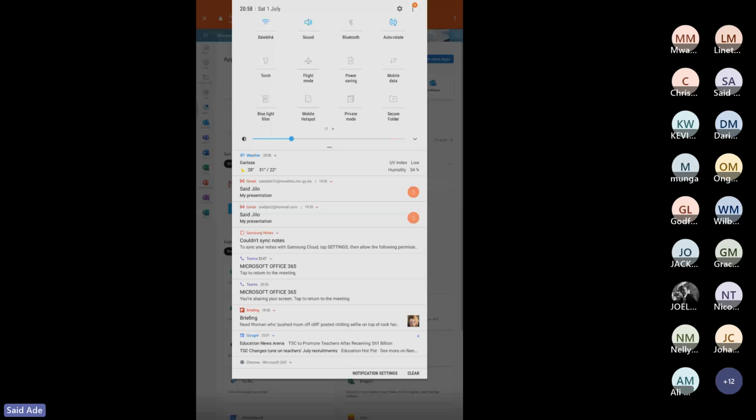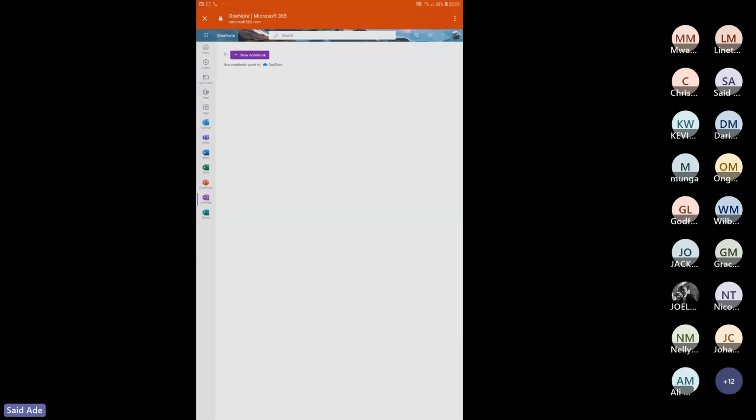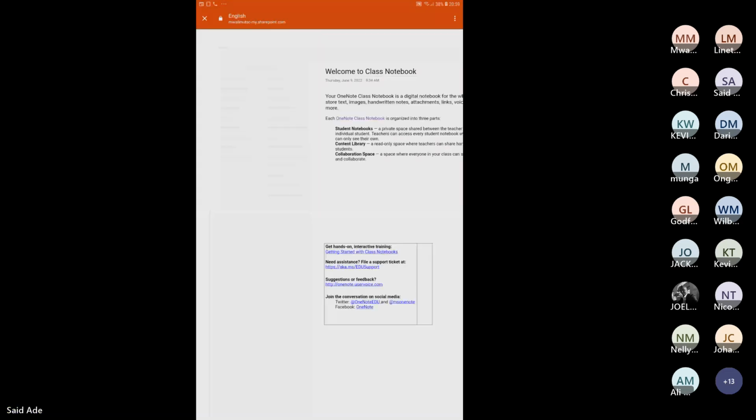Then we have the Microsoft Forms. Okay, there's something I want to talk about in OneNote. Let me open OneNote again. There's a very interesting thing in OneNote. I don't know why this thing is misbehaving today. Let me open this one, English. You can actually generate a quiz from the Microsoft Sway using